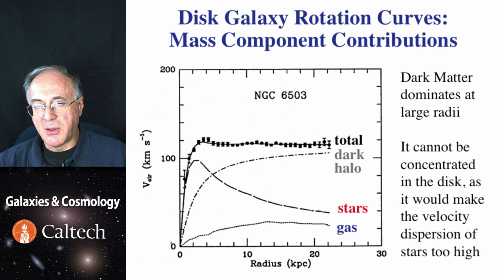The gas is moving in circular orbits, roughly speaking, and centrifugal force is equal to centripetal force, so we can derive the total amount of mass inside a given radius. We can simply add up the mass that we see inside that radius in stars or gas. From that, we can see that out to radii of several kiloparsecs, like the solar radius in the Milky Way, visible stuff does dominate the total gravitational potential. But the further out you go, its contribution drops, and something else must be contributing the mass that requires